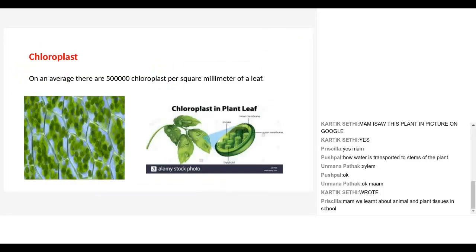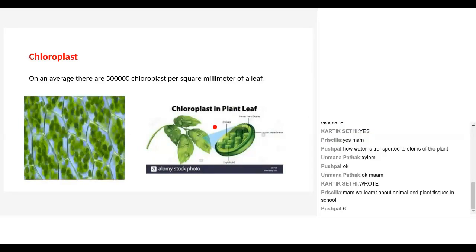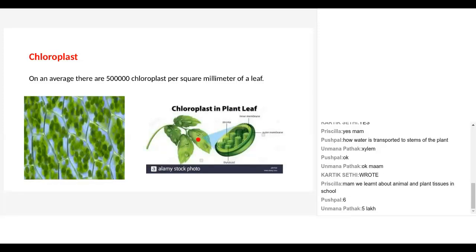Okay, great. Now we are going to study in a little more detail what a chloroplast is. As we had studied the other day also, can anybody count how many zeros there are here? There are 6 zeros. So there are 50 lakh chloroplasts per square millimeter of a leaf. If you take just a small portion, yes Pushpal, 6 zeros. If you take just a millimeter of a leaf, there are 50 lakh